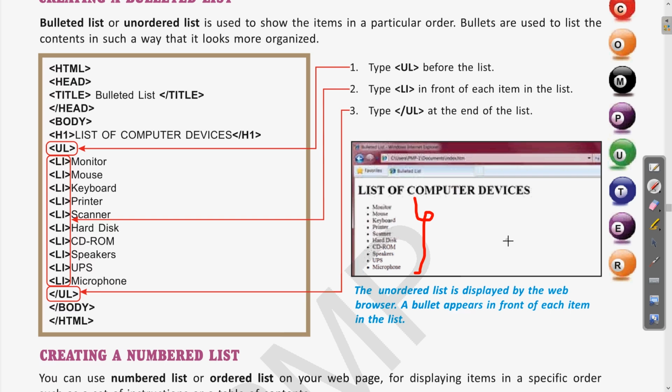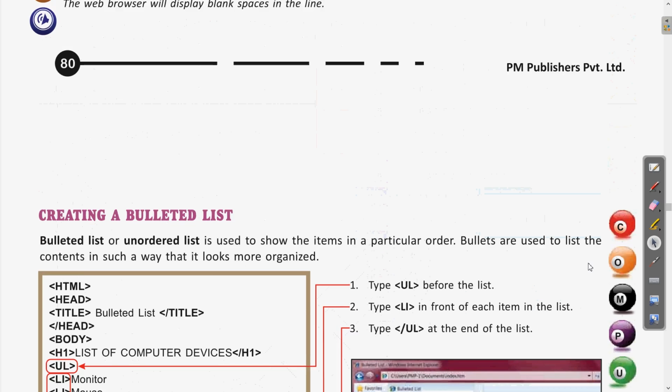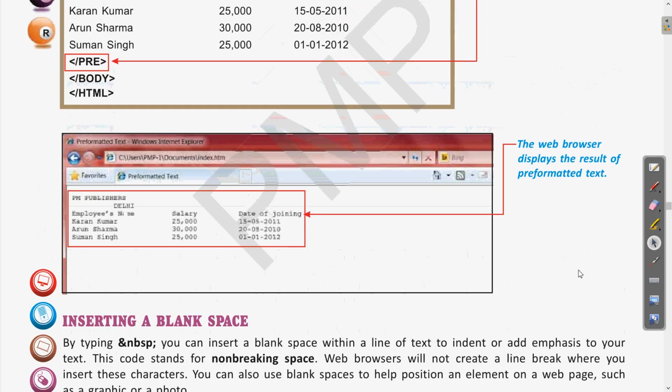Similarly, if we want bullet points to be included in the web page, then how are we going to use the different tags, clear, for creating these points, and further topics we are going to discuss in the coming classes.